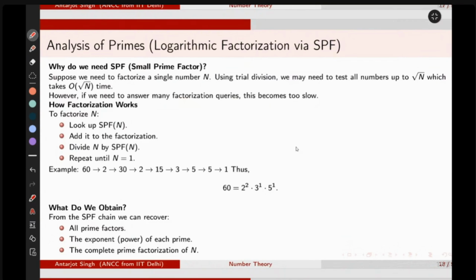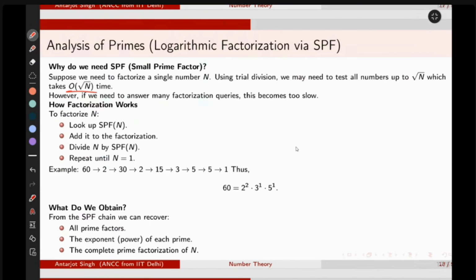There is also a method faster than root of n, but it takes pre-processing of the primes using sieve. First, what we were doing is calculating the factors of a number in this time, right? So if we have many factorization queries, it becomes too slow. So to factorize n,